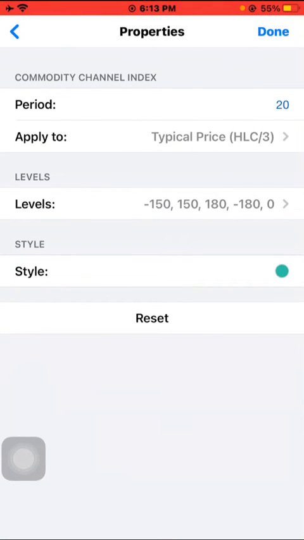Pullback, retest, go up, pullback, retest. So that's that. Number 1, period 20, apply to typical price,